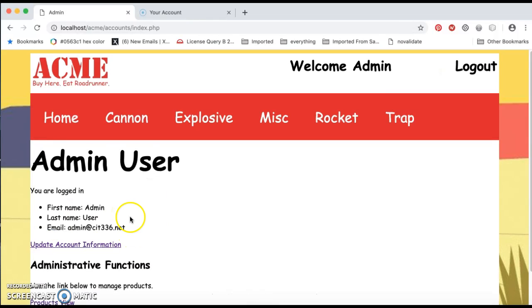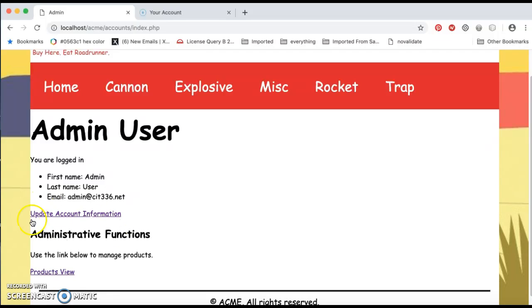Here we can see that when we log in to the Acme site, we are directed to an administrative page, an admin page. This is the page that is shown, where the display of the client's user level was removed, and we are an administrative user. I added an update account information heading and explanatory text to the administrative display that explains the link to the product management